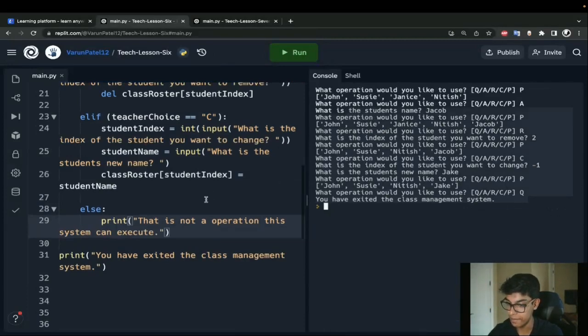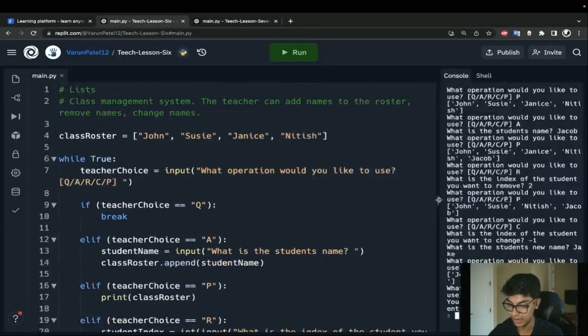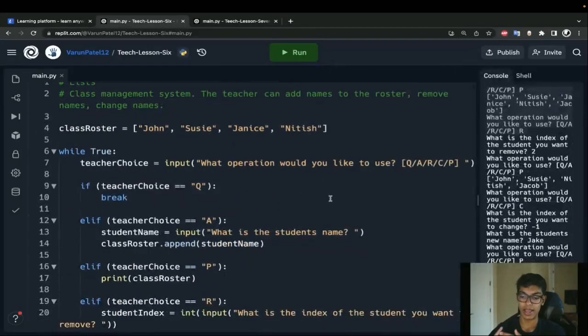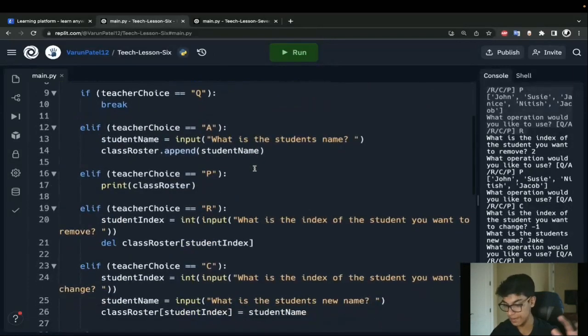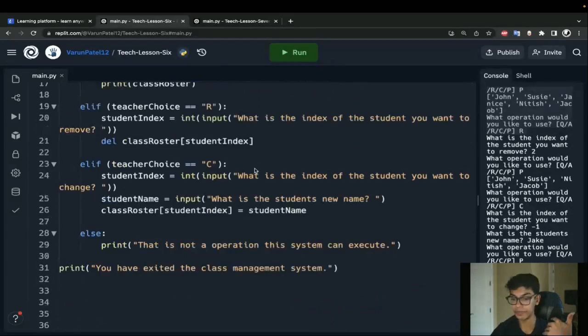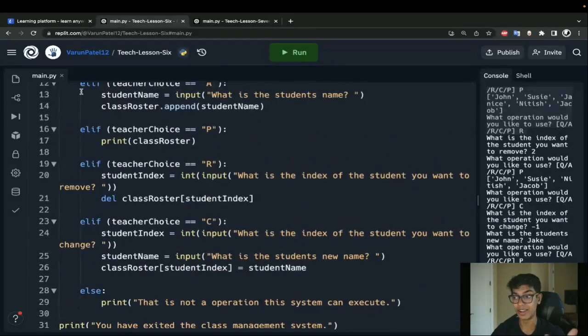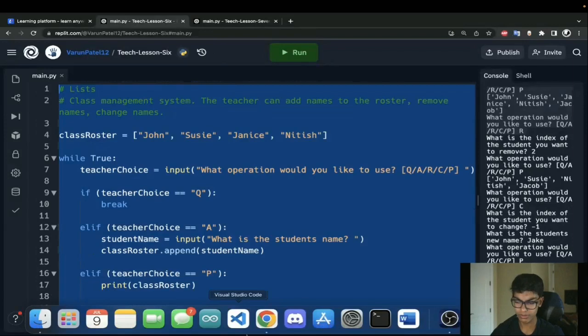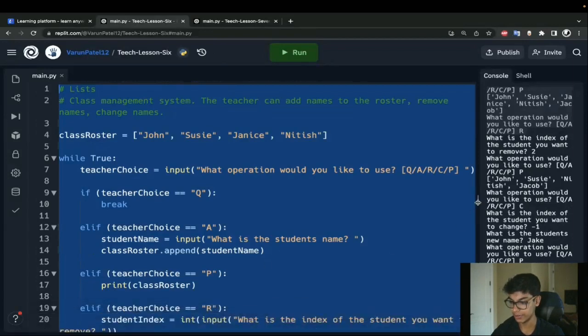But hopefully that can show you guys how we've combined adding, removing, changing, and we also touched upon other things. We use our loops, our break keyword, our comparison operators, our input functions, and we also have our if statements as well. As we keep going on and on, we're combining more and more of what we learn. And this is a culmination of most of the things that we've learned up until this point.